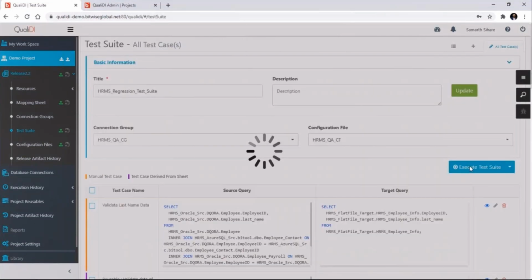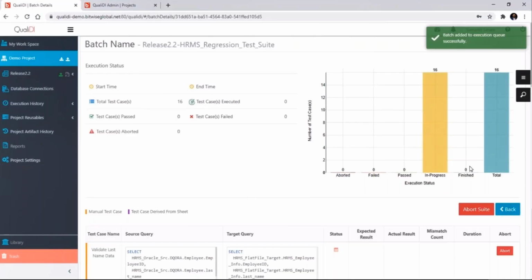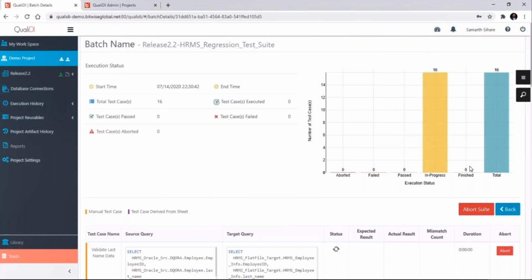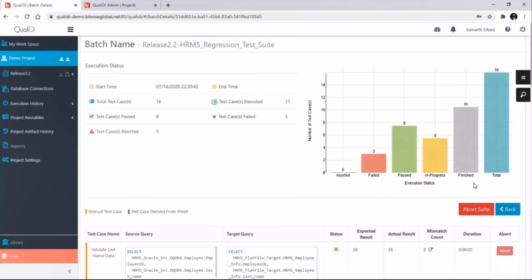After certain validations, QualiDI will start executing the test cases, and we can see the execution of these test cases live in front of us, how they are progressing. Some of them will be failing and some of them will be passing, and we'll be checking what is wrong with the failing test cases.